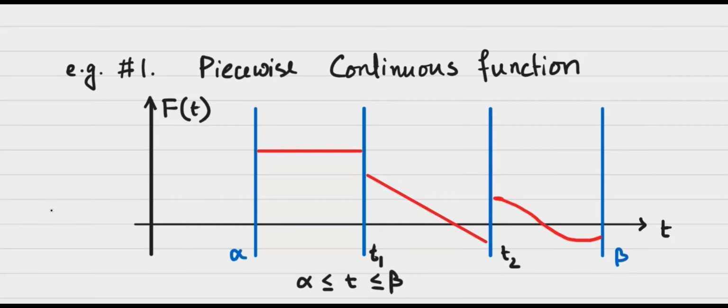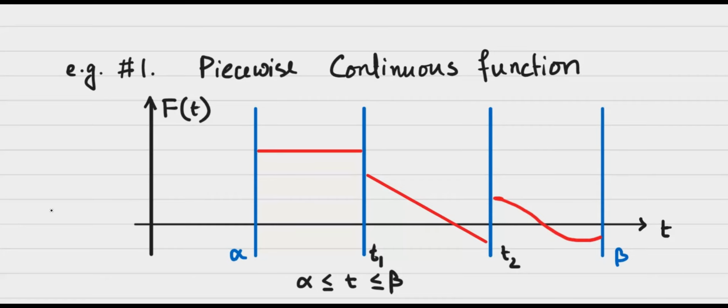So we have divided the function into 3 subintervals: the first one from alpha to t1, the second from t1 to t2, and the third from t2 to beta. So if the interval can be subdivided into a finite number of intervals, in each of which the function is continuous. As you can see, the function f of t is continuous within each of these intervals